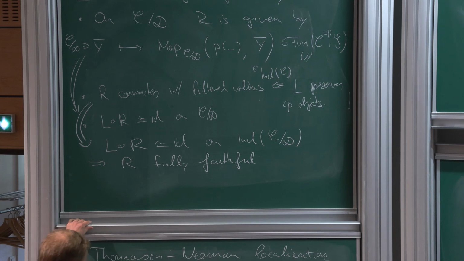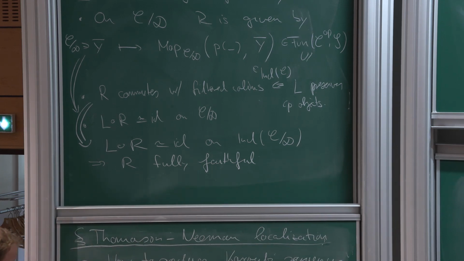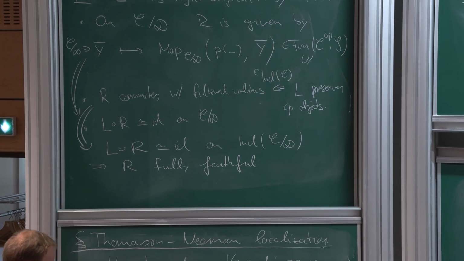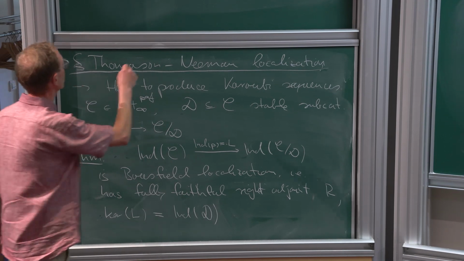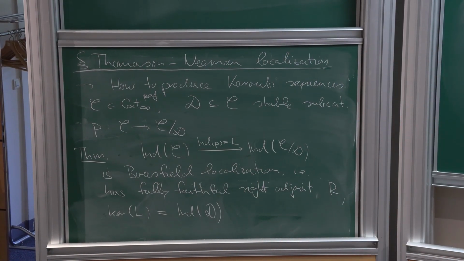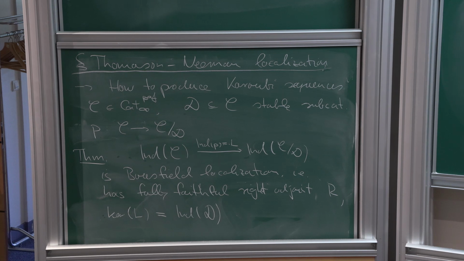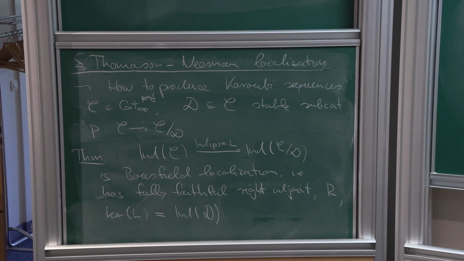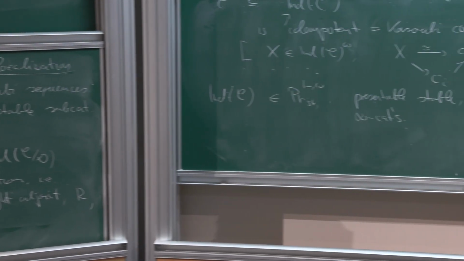Yeah, so that's the first part of the theorem. We have this fully faithful right adjoint, and the only thing that's left to do is the kernel of this left adjoint. Sorry, I want to just ask a question. If we have a localization in small infinity categories, then we take Ind. Is it always true that this Ind thing is a Bousfield localization? I mean, slightly more general than this, without stability.